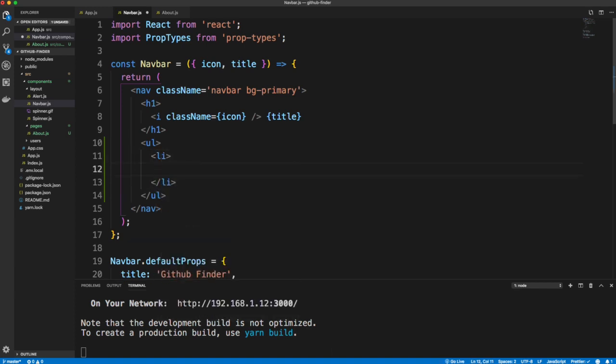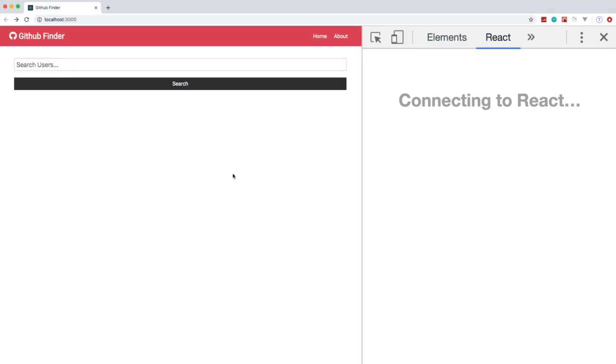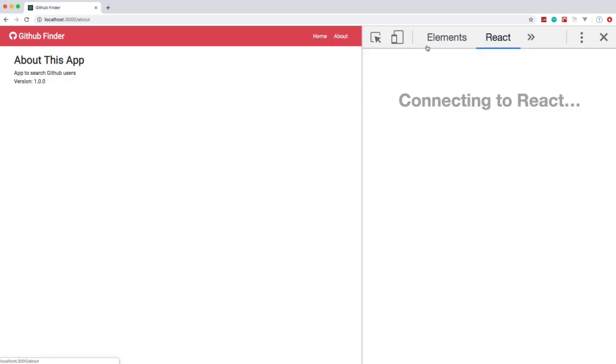We'll do an LI, and I'm going to use an A tag for now that goes to /. Let's have that go to Home, and then we'll put another LI with an A tag that goes to /about. All right, so if I save this and we go to our application, you can see we have our links. And they do in fact work,